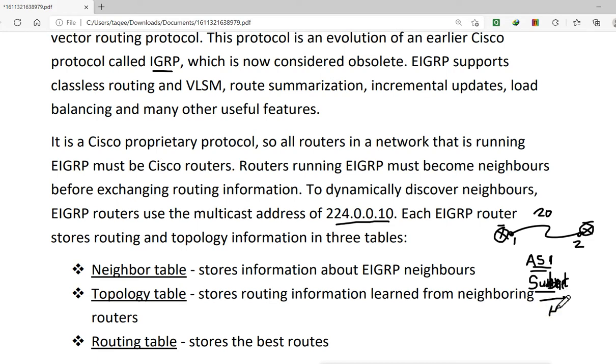The frequency of sending the hello packets must be similar on these two routers. They must have the same timing. Like if this router is sending the packet every 2 seconds, then this router also must send the packets every 2 seconds. Otherwise they will be unsynchronized. They must be synchronized with the hello packets, and for that they require the same interval.